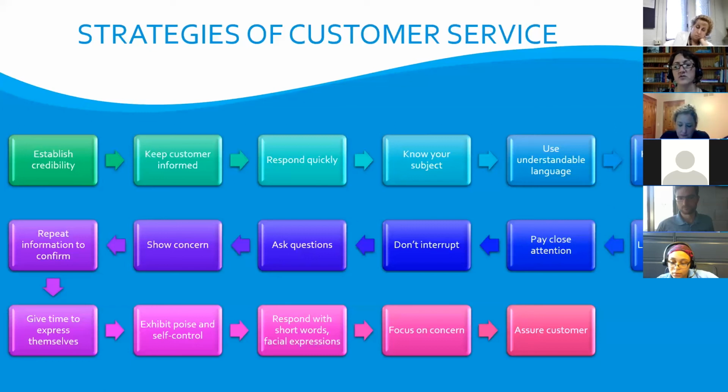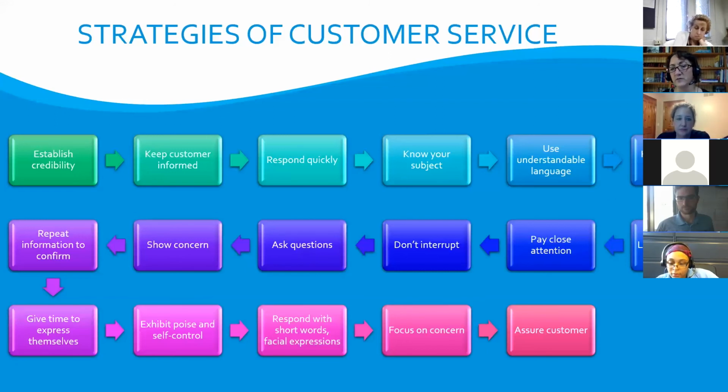You want to keep the discussion focused. So I mentioned the elderly person who came in to pay their bill every month or every other month, who just wanted to talk. There's always going to be those folks. But if someone's got a problem that they want you to fix, it's really important to help them stay focused. Sometimes they can't stay focused, right? They've got a laundry list and life is just terrible, and you've just made it worse. All right, let's stay focused on the water issue, right? So figuring out how to keep the discussion focused.